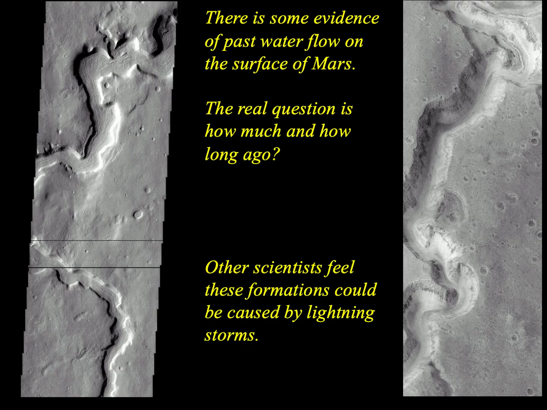As I mentioned, we do see evidence of past water flow on Mars. This indicates to us that Mars's atmosphere was once much thicker and has been lost by the planet over time due to the solar wind and weaker gravity. These channels all flow from higher elevation areas in the south to lower elevation areas in the north. Some scientists still believe that these ravines may have been created by lightning rather than water, but almost all the evidence points to water existing on Mars in the